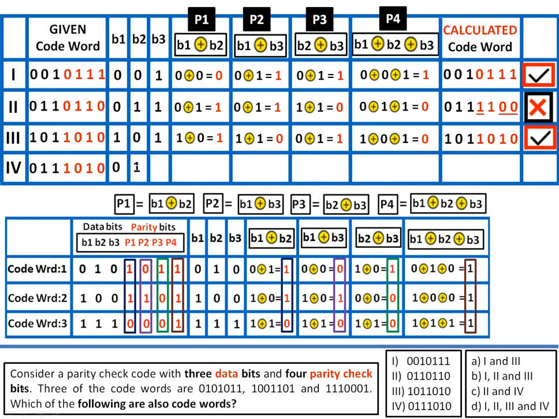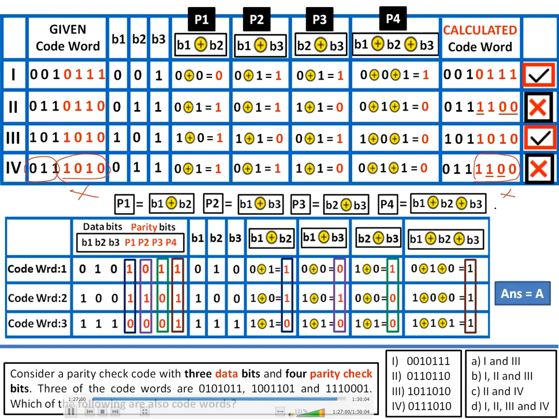Now, if these are the 3 data bits, please compute the next 4-bit combinations with these 3. Now, these are the 4 combinations. This one is different, guys. So this failed. So only 1 and 3 are right, guys. It's a long back question, guys. You might have algorithms like this in 2004. That is almost 16 years back.